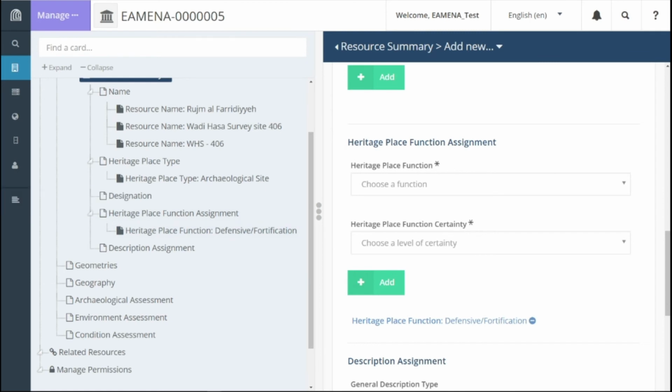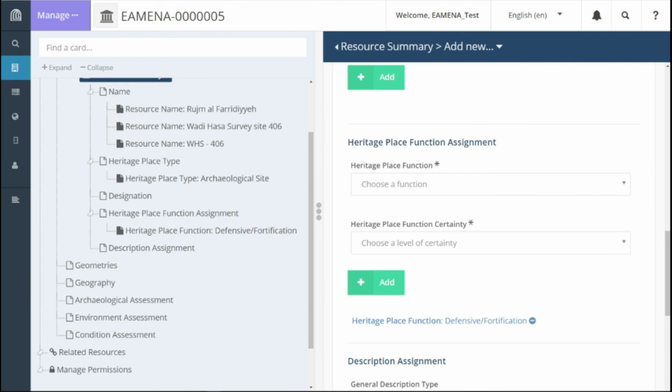A site may have multiple functions, so repeat the step above as many times as necessary. You should only list multiple functions if they are all applicable to the site or feature you are recording. Do not list multiple possible functions because you are not sure. For example, a monastery might be considered religious and domestic because it is a place where people live for a specifically religious purpose. So both functions are equally relevant. So in this case, you should list both.